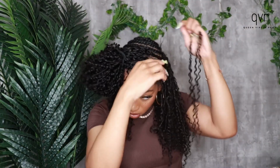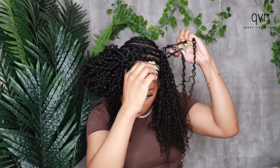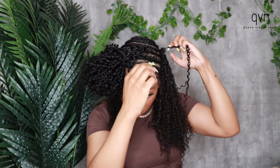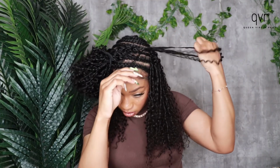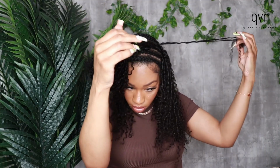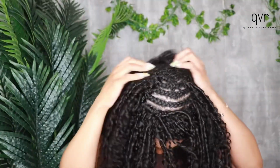And I'm working my way to the very end. I love how seamless this was, and I love how natural this looked. So my hair, I'm natural, so when I wet my hair, it does curl up. I have quite a bit of heat damage, but I still get like a little curl in the front. So what I'm going to do when I'm finished with this is I'm going to take down that leave out braid. I'm going to work some water, some leave-in conditioner, and some gel into my leave out, and then I'm going to blend that